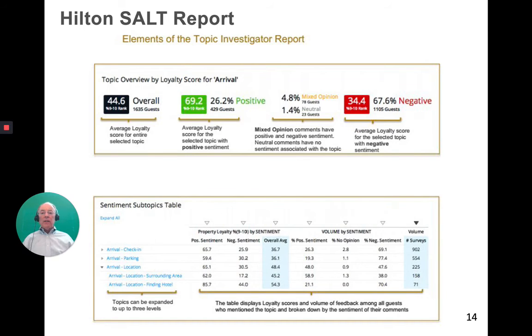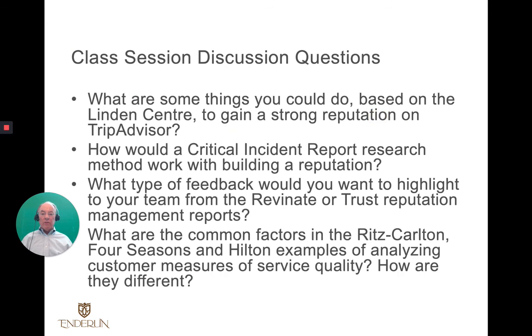Hilton has what they call the SALT report. It looks somewhat similar to what you saw previously with regards to TrustYou and Revinate. They have their own internal system that looks at all of the criteria and gives you an overall rating of positive or negative, as you see over here, the red one, where you've got to work on it, what those people are saying about you, and where you need to make your improvements. So it's something that management can use. It's something that the corporate side can use to help improve the management of the hotel.